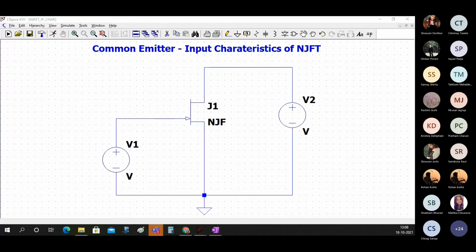The way in which we give it is worth noting, because that is slightly different in the case of NJFET. Many students fumble later on how to give values of IDSS and VP. They don't understand and they write some very weird command, .model NJFET, and then IDSS equal to something, VP equal to something, and it never really works that way. So we should understand what we are doing. If you are done with this, write done and put your circuit in the chat box. We will do this together.